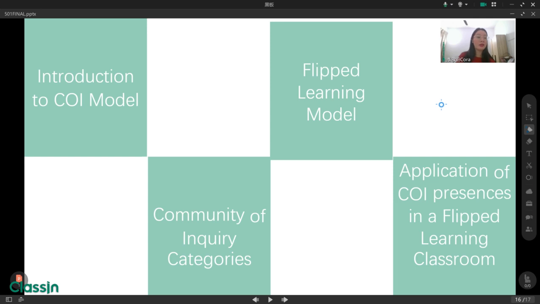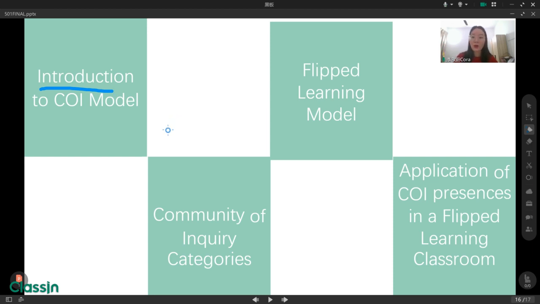In today's course or presentation, we have learned about COI, about the flipped learning model, and about the combination of COI and flipped learning. So let's do some recaps here. The first one is the introduction to the COI model. Remember what we have learned in this part.